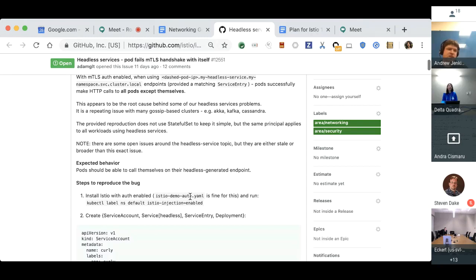And so then there's two different things you could do. One is you could say it should go through neither of those. We should treat connections to a pod's own external address as if they are loopback connections. That's approach one in my mind. Approach two is no, we should somehow make it go through both the outbound and inbound policy. So we should somehow work with Envoy and IP tables and stuff like that to make that happen. That's approach 1, approach 2.